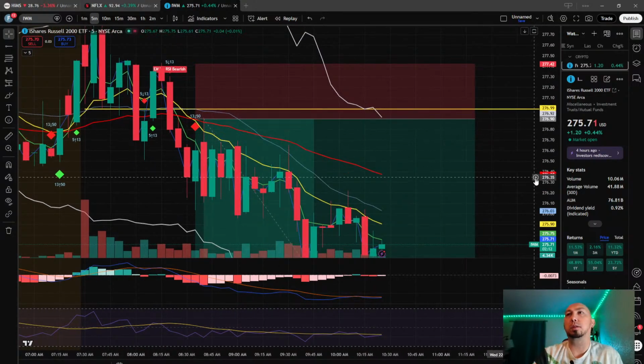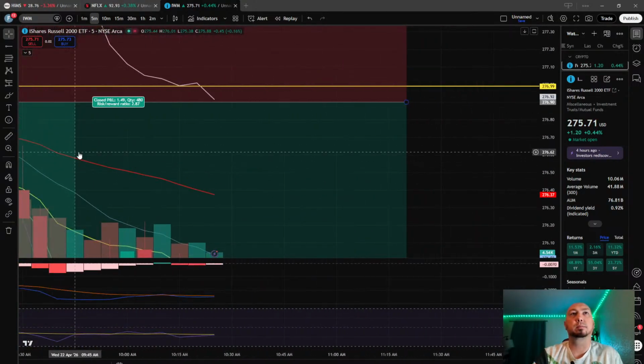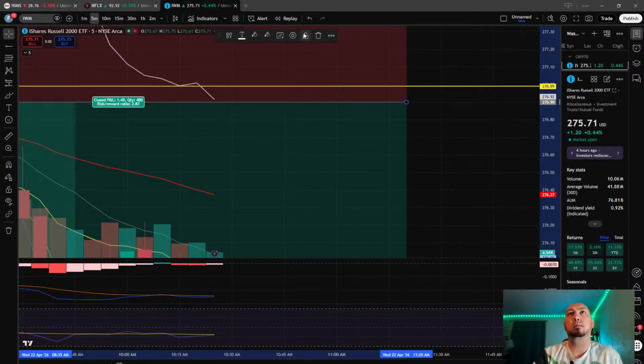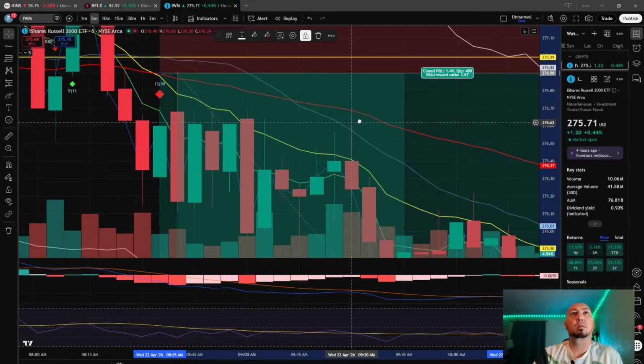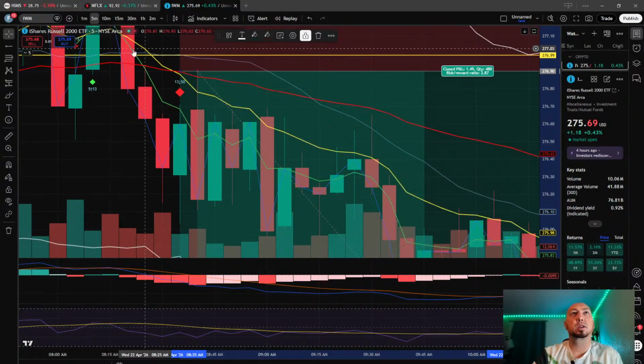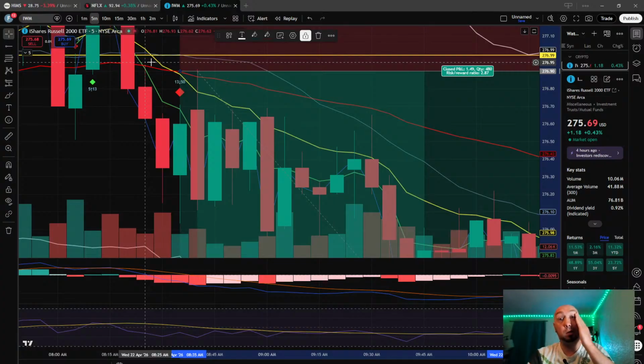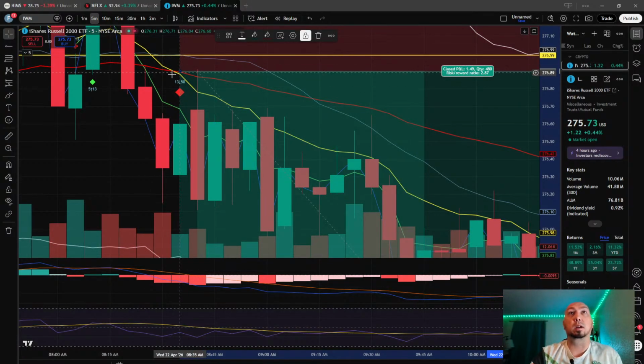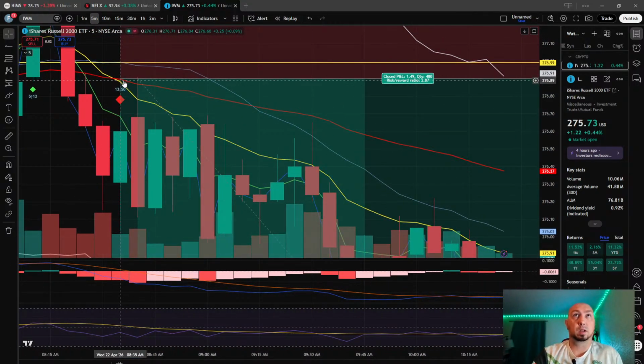So we have, let me zoom into this, make it a bit more clear for you. Let's go ahead and lock this. So we have a breakdown confirmation right here. It's not as textbook as I'd like. I'd like the wicks to really tap on that line and then keep moving, but we're close. We're close. And of course, you have to go with the EMAs as well, right? The EMAs also showed you they were on the way down. So you're going to come in here, and if you're wanting to do puts on IWM, 0 DTE, you'd open puts right here, and then we would wait.